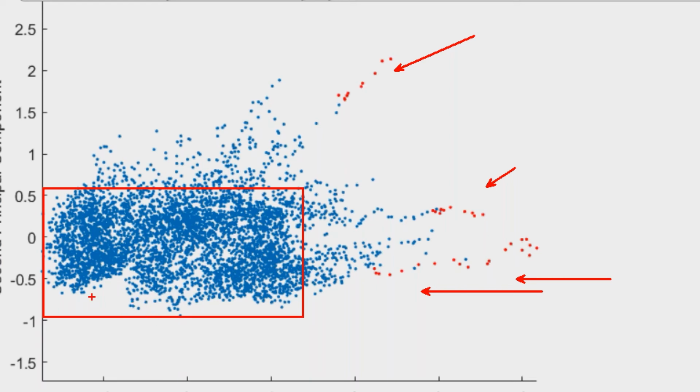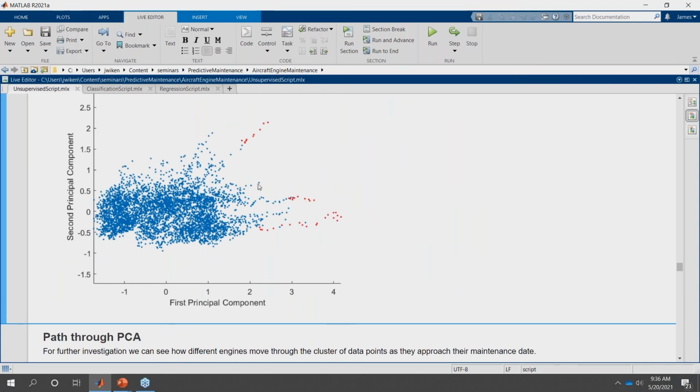So that helps, right? That helps prove out the thoughts we're having. It's going to start in this corner here, and then as it degrades, it either moves to the right or up and to the right. This sort of separation here, where we've got one behavior up top and one behavior down below, might be pointing to two different methods of failure, two different sources of failure. We're not going to really get into that today, but it might be something to explore as we go through this.